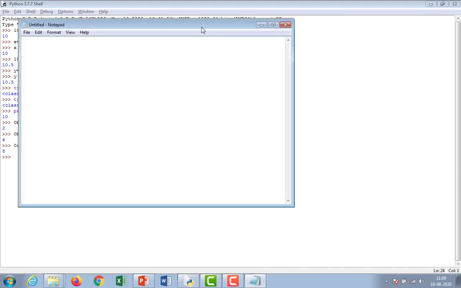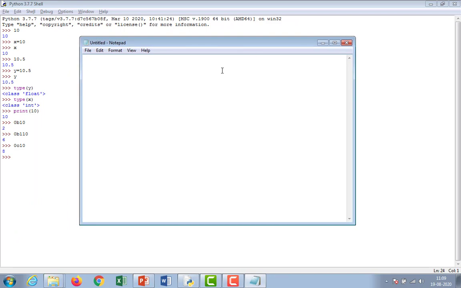See here, 0 1 0. What does it mean? From left hand side onwards, because it is octal number, 0 into 8 power 0 plus 0 is over.